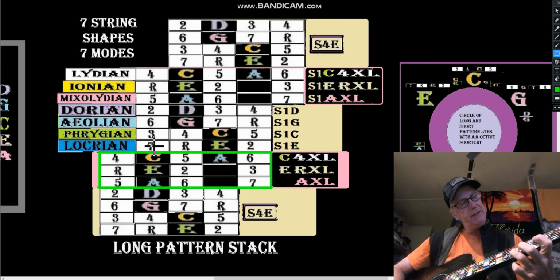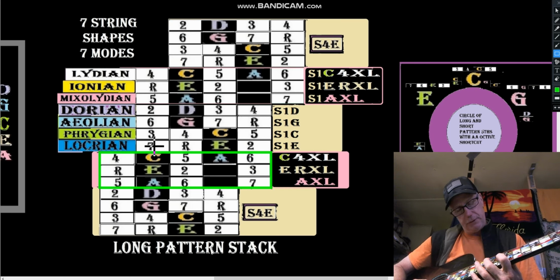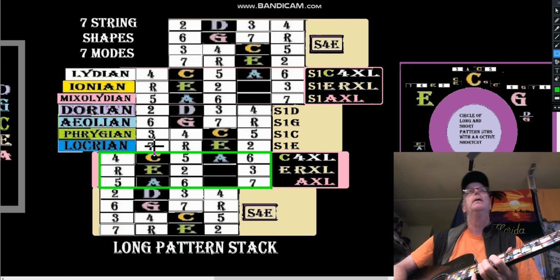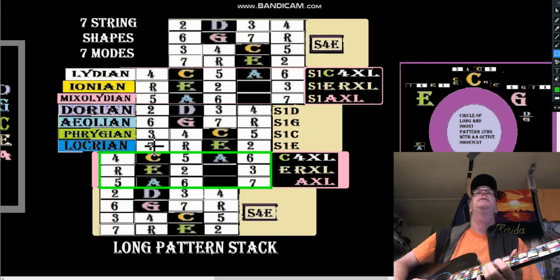Now coming out of that 2, 3, 4, normally we'd go 2, 3, 4, and then 7 root 2, like that. 2, 3, 4, 7 root 2. Okay? Kind of lost my place there. Whatever. 2, 3, 4. Oh, okay, we're going into the long pattern. I'm thinking, you hear me